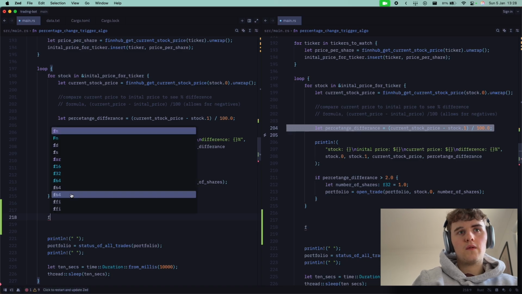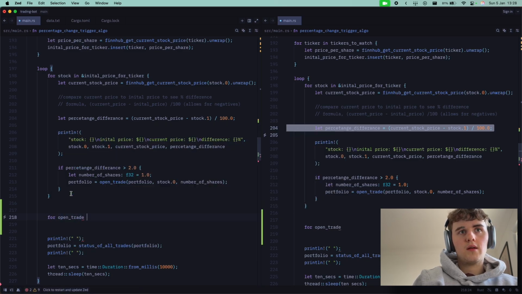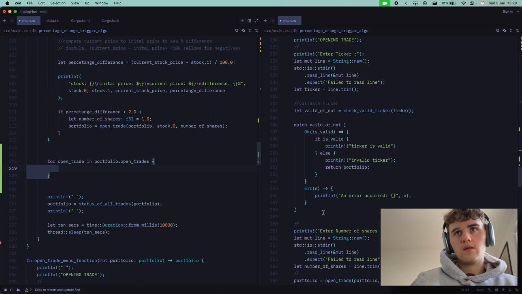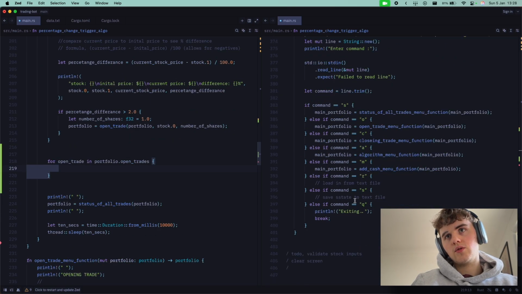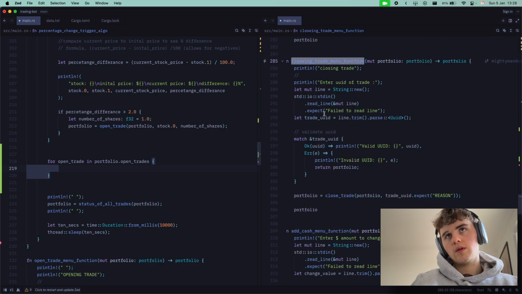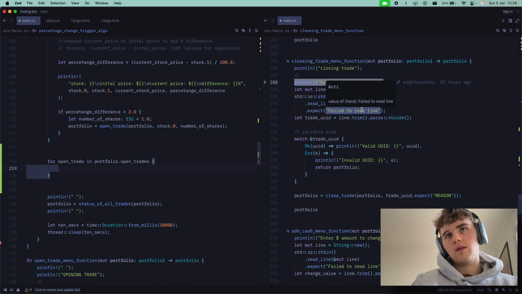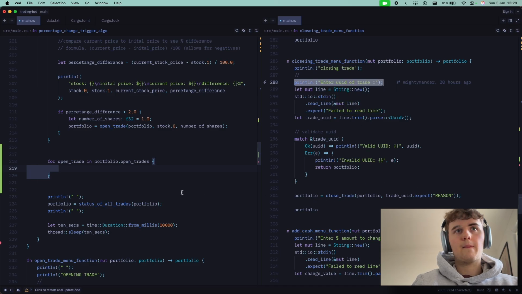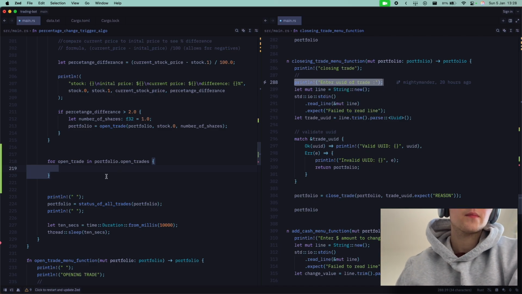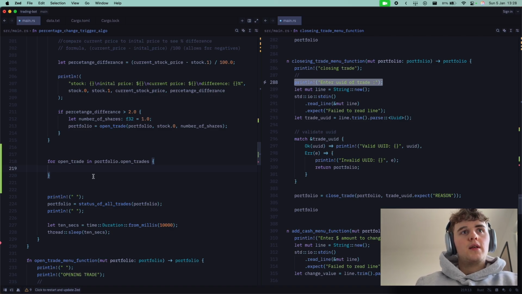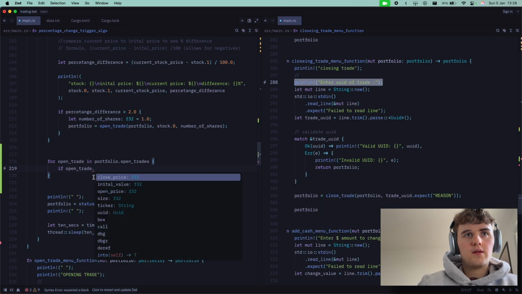I want to say for open trade in portfolio dot open trades. I want to go and see how we close a trade. Closing trade. You enter the UUID and you just run. Okay, that's actually not bad. So we're going to check and we're going to say if open trade dot